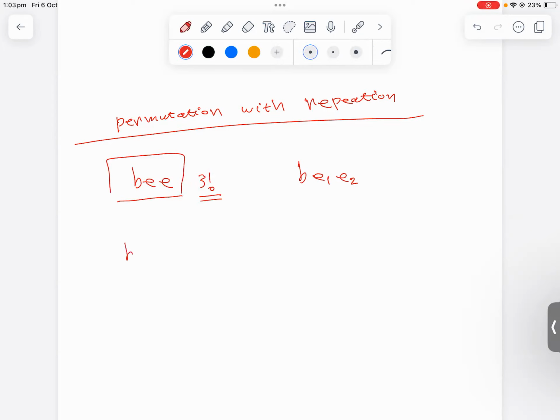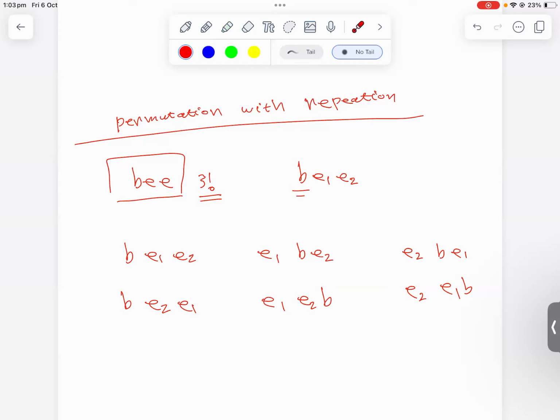So let's see this one, B, E1, E2. The algorithm that I'm going to list is that I will fix one letter and play with the rest. I will permute them: B, E2, and E1. Second, I will fix E1, so E1, B, E2 and E1, E2, B. In the last column, I will fix E2 in the first position, so E2, B, E1 and E2, E1, B. And I can see that